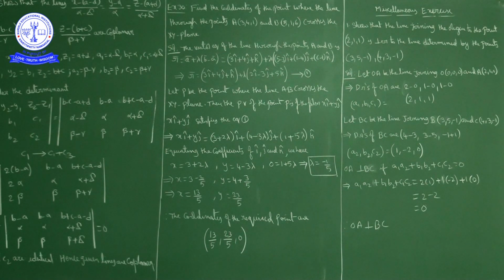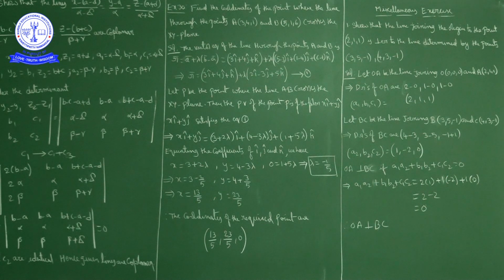Okay. Now here what we did: first of all, find the equation of the line joining the two given points. Now somewhere this line intersects the xy plane. Let us consider that point to be P. On the xy plane every point is of the form (x, y, 0) because the z ordinate is 0. So the position vector of that point P we can consider as x i cap plus y j cap. Now this is a point on the xy plane as well as on the line. Equating, we get lambda value minus 1 by 5. Substituting the lambda value here, we got the x ordinate and y ordinate. So the required coordinates of the point are 13 upon 5, 23 upon 5 and 0.